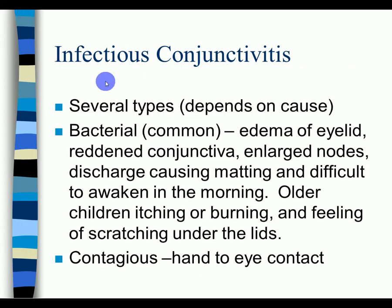Alright, we're going to be talking about infectious conjunctivitis first. And there are several types. Really, it depends upon the cause on how you're going to treat that. It can be bacteria, which is common, but it can also be viral. It can be caused by plugged lacrimal ducts. It can be allergic type, and it's often called the pink eye. So there are several different types of infectious